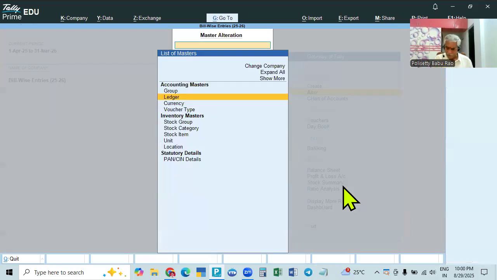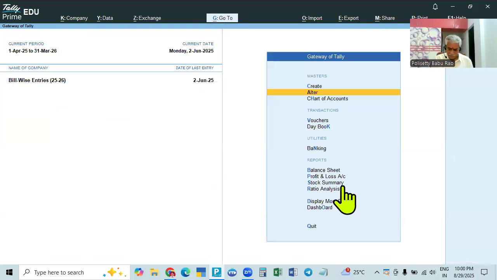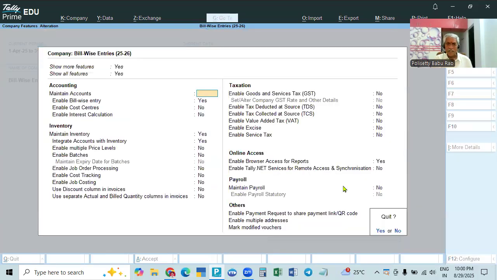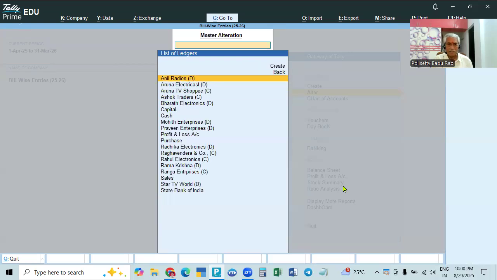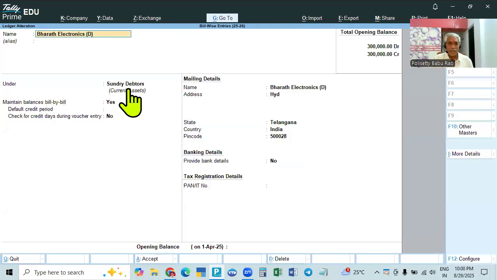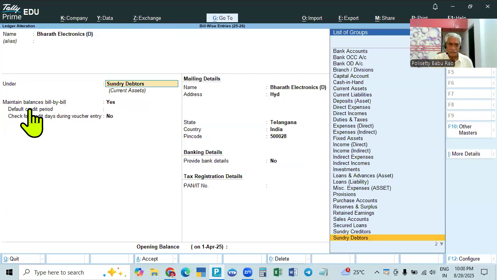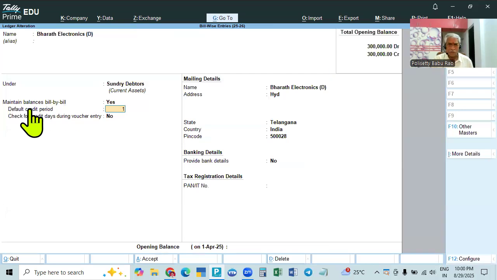So here, F11 is okay. And then in F12, in the creation page, that is ledger creation, we are creating many ledgers. So in the ledgers, I will take up this one, the sundry debtor. The credit period is not given. Even if you give a credit period, there is no problem. This is also okay. Now we are learning about